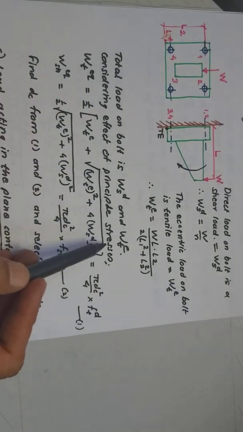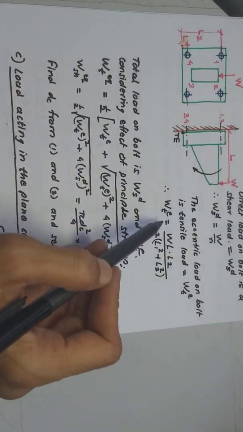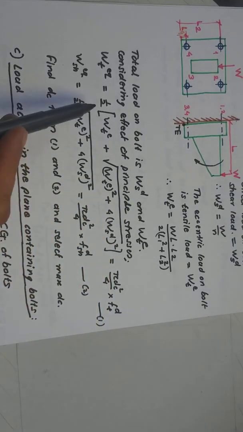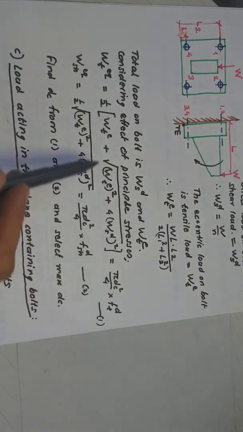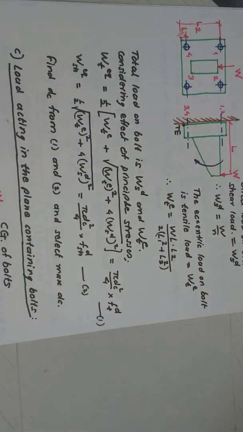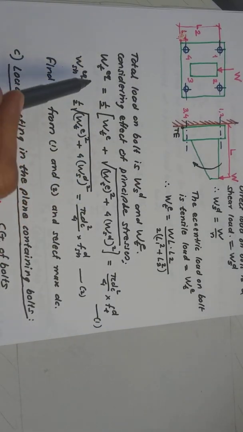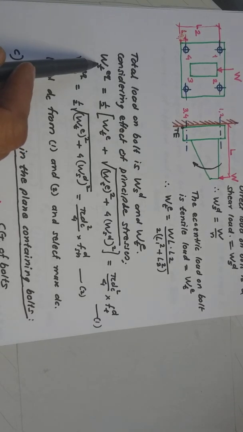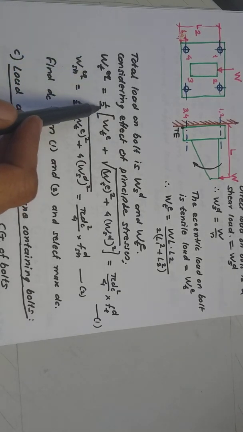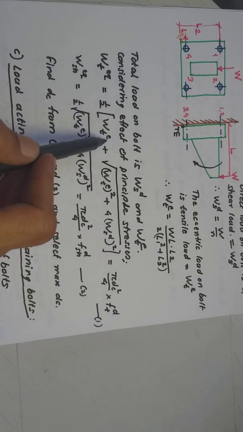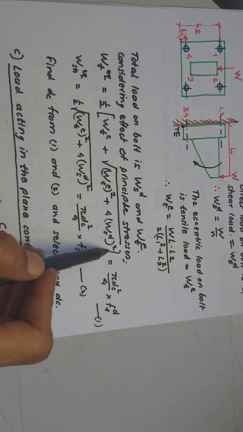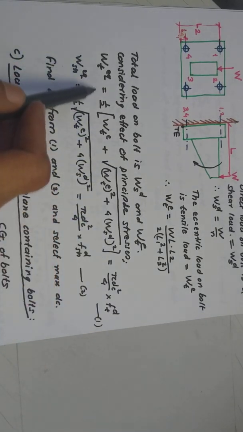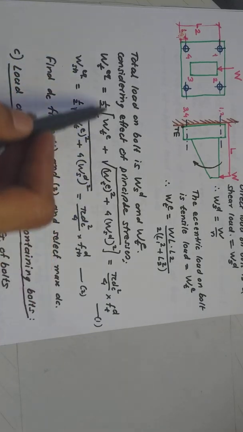So considering the effect of principal stresses, how do we add them? When you add them, they are going to be added by making use of the square root equation of the stress, which we have already seen. If you further simplify by putting the values of the loads, that will give you an equation in the form of loads. So that equation says, similar to stress, W tensile equivalent is equal to half of WT eccentric plus square root of WT eccentric square plus 4 times W shear direct square. So this formula is absolutely the same as the stress formula. So this is the equivalent tensile load.